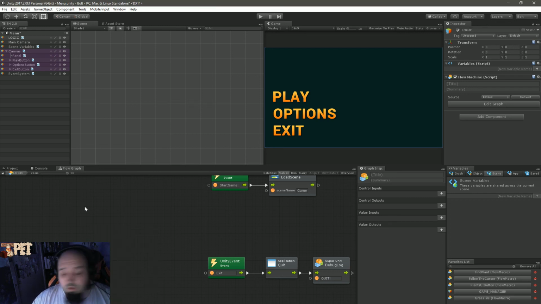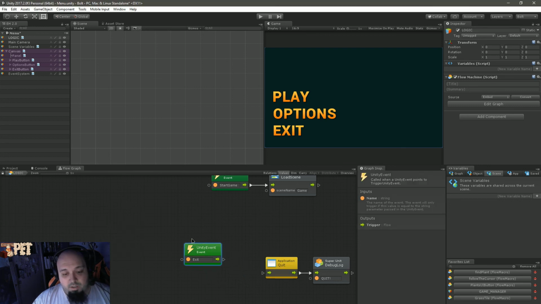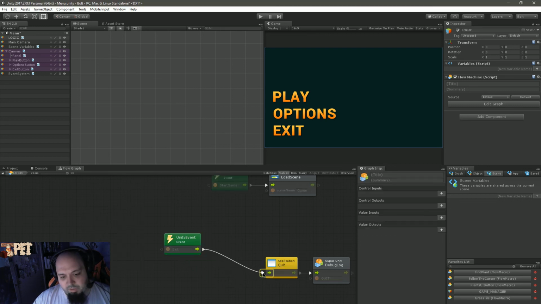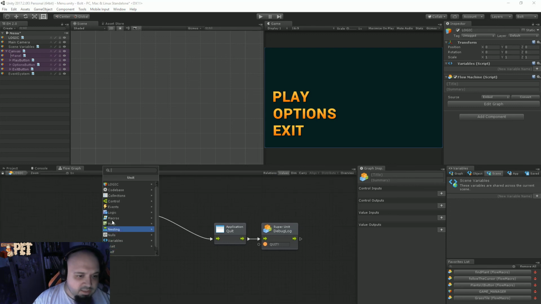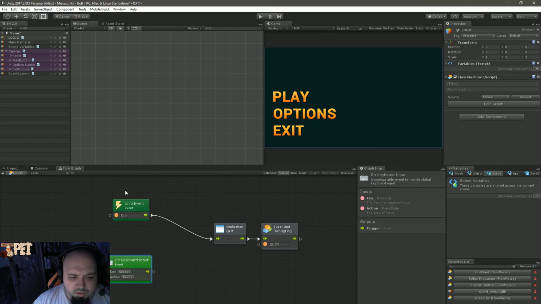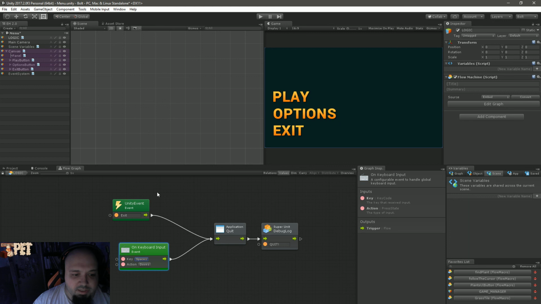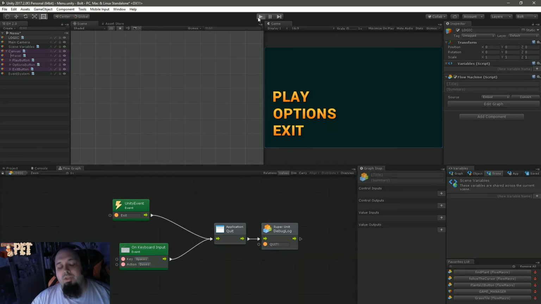Also, let's say that we want to quit. When we do this, we can have multiple events doing the same thing. But let's say that we want to quit the game when we press the space bar. We go to events, we go to input because this is an input event. We go to on keyboard input, and here we have it. This is the key that we can set up, and let's put it to space. And the action: when it's down, when it's hold, or when it's up. When it's down is good. And right now, if we play,